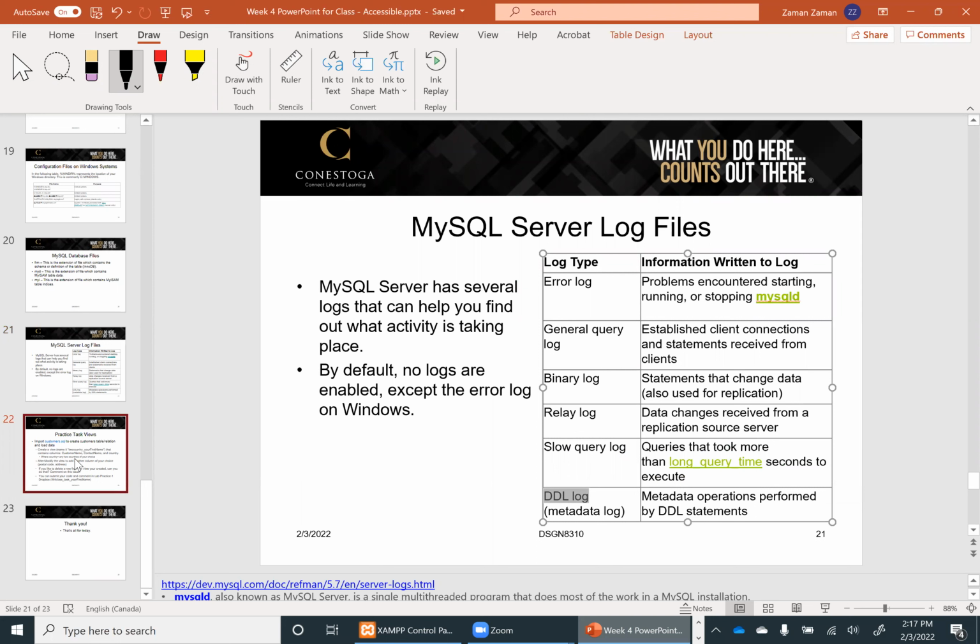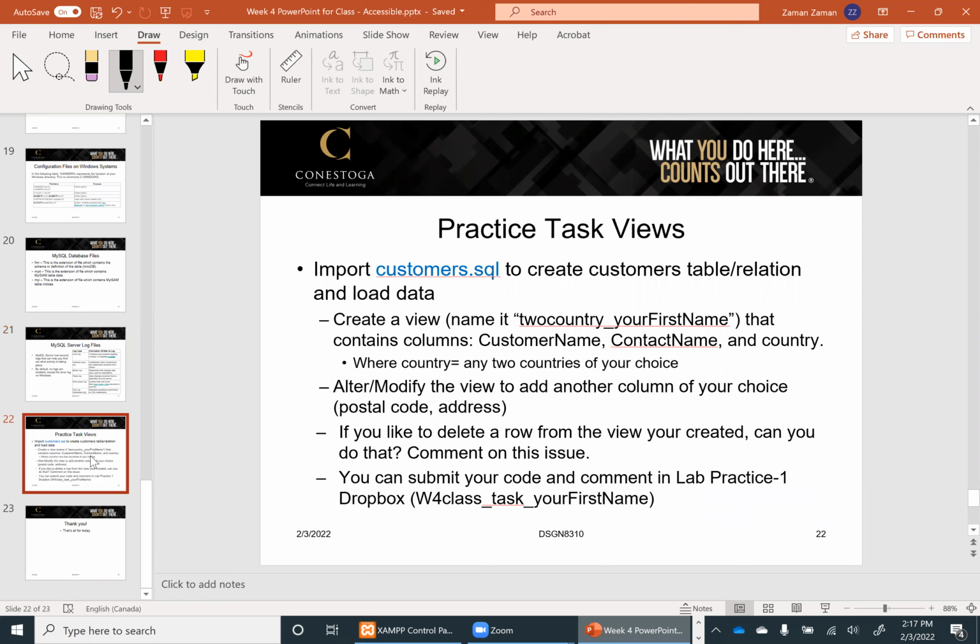So that's all the topics we covered today. Mainly 3 things: views, then the role of a DBA, and what kind of files we preserve in a SQL server. So that's the 3 topics we covered. And now in this slide, you can see there is a practice task you should perform for this class. So I'm going to